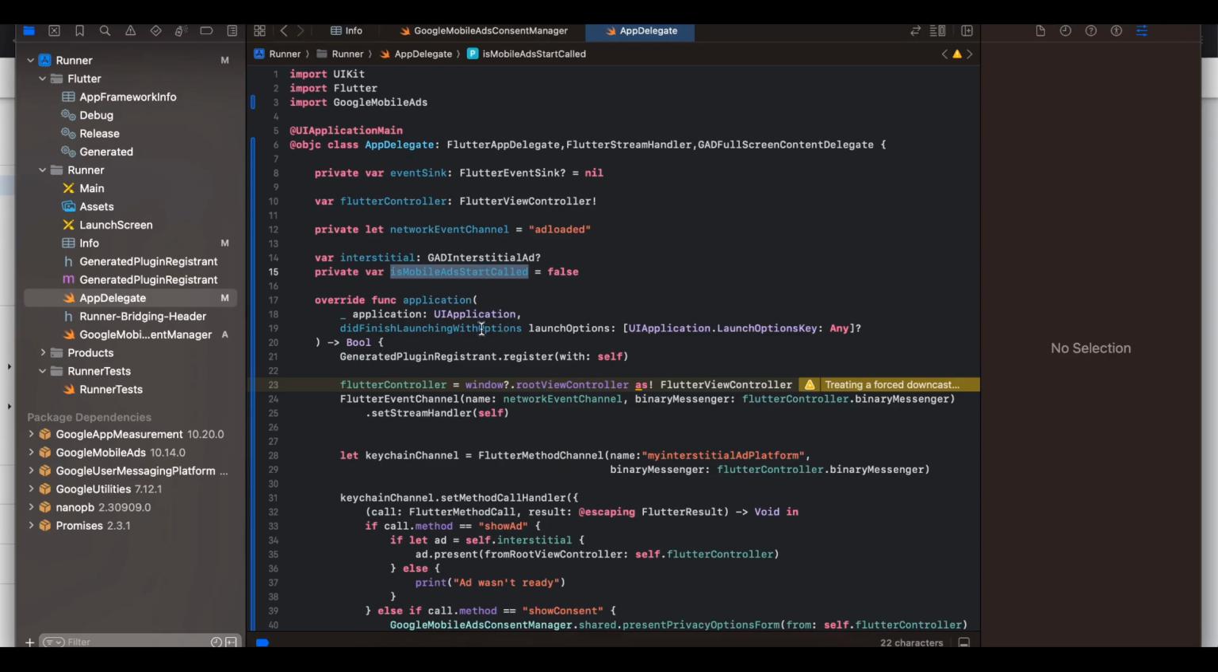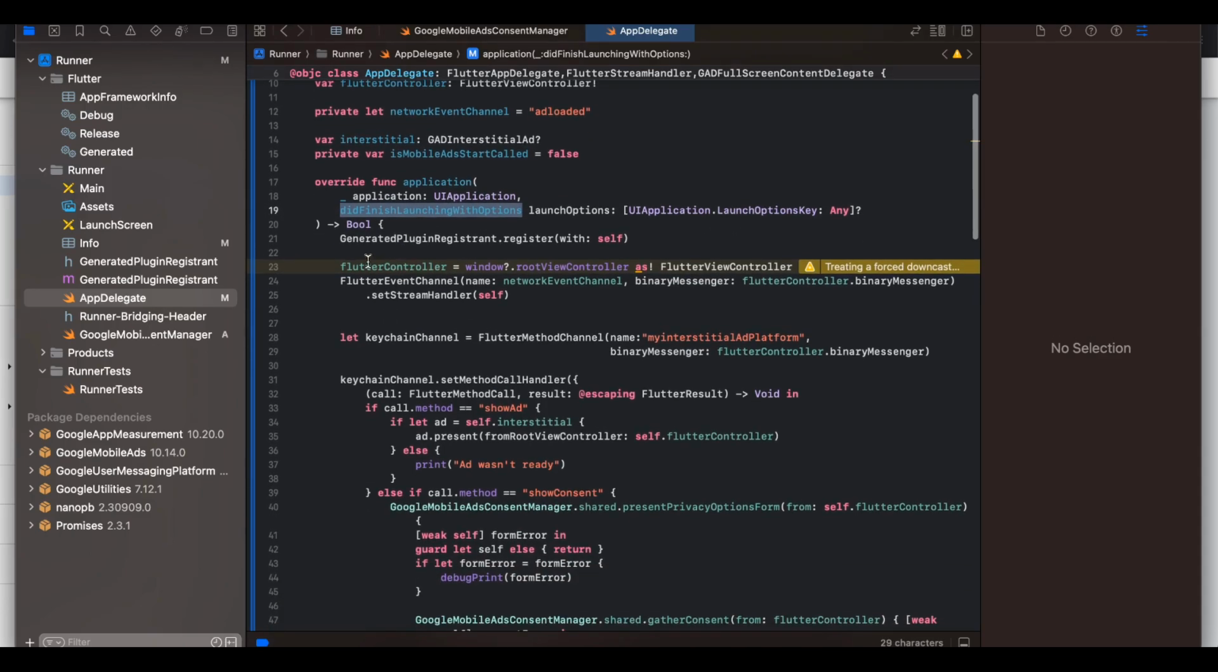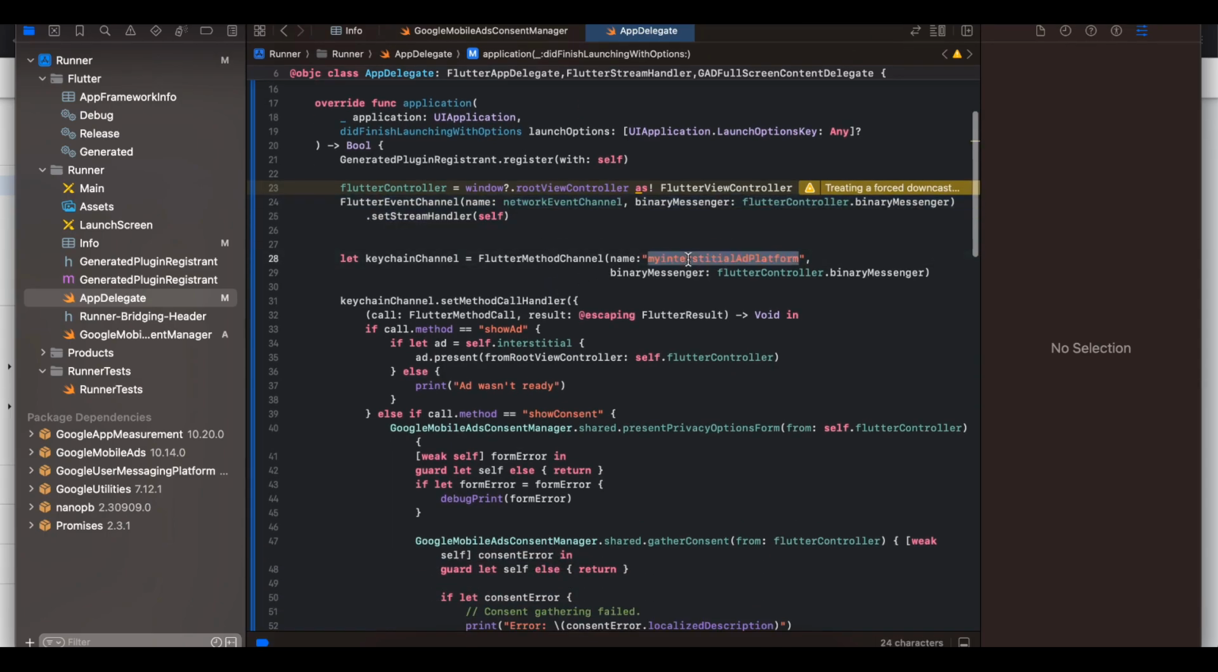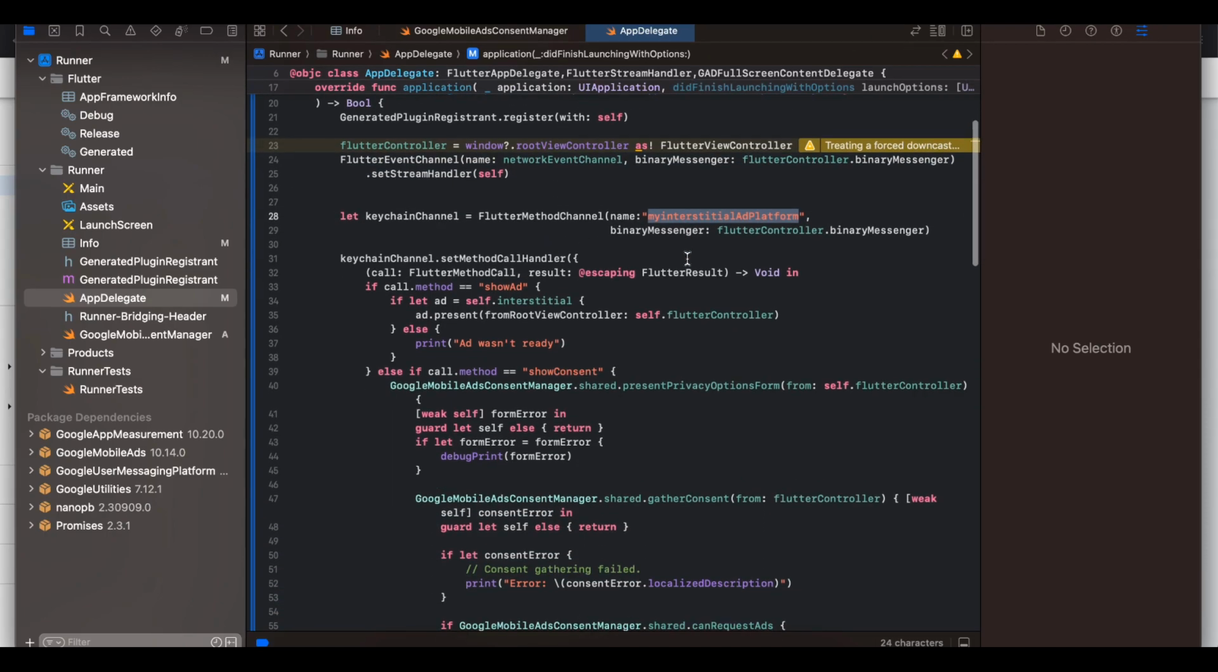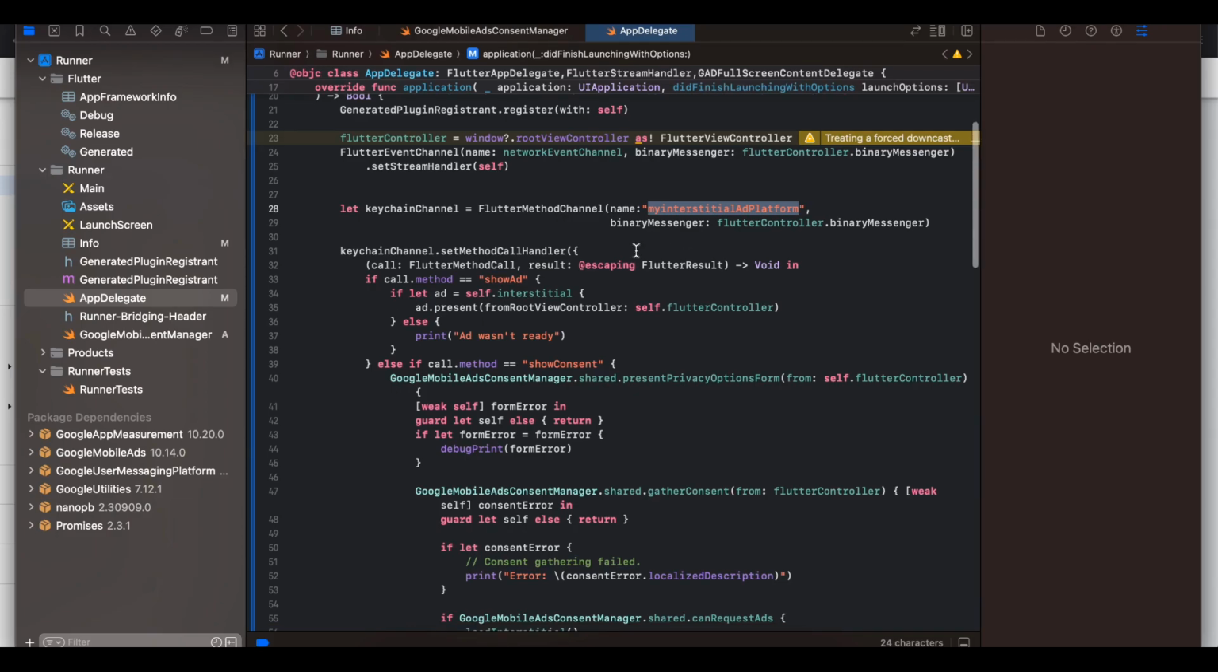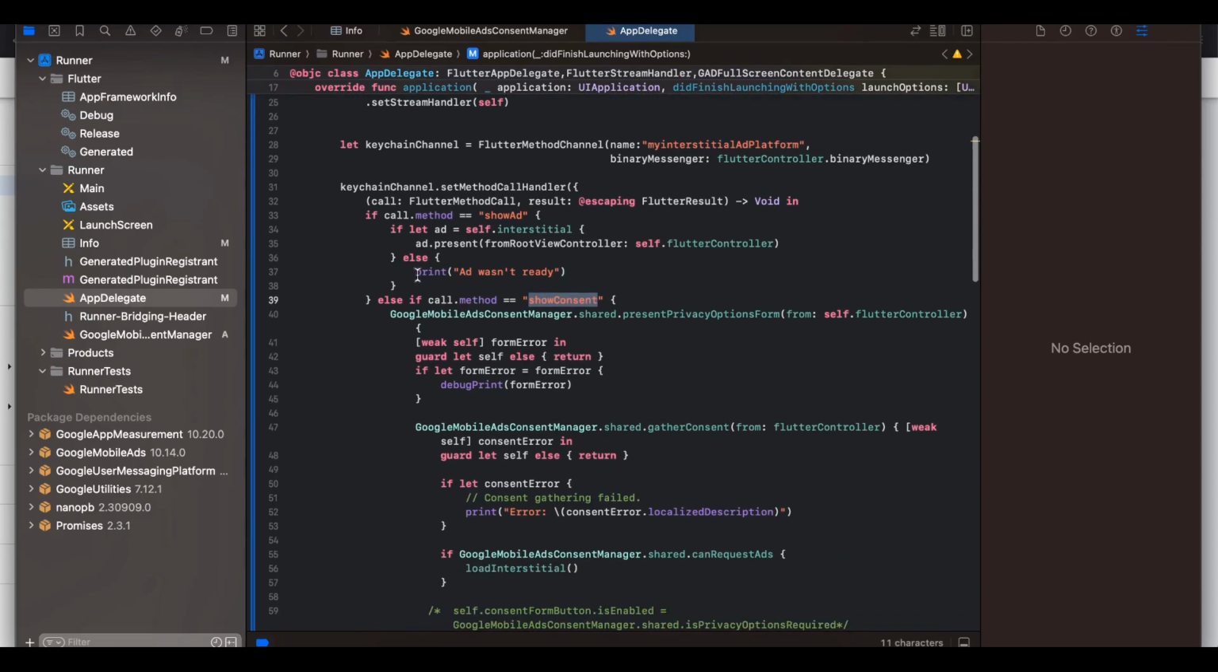And inside didFinishLaunchingWithOptions, we are first initializing our Flutter controller, then we are also registering our event channel, and here we have created our method channel, which we have defined on the Dart side. Here you can see there are two methods, one for show ad and one for show consent. Inside show ad we are just calling the interstitial variable which we have defined and calling the present method